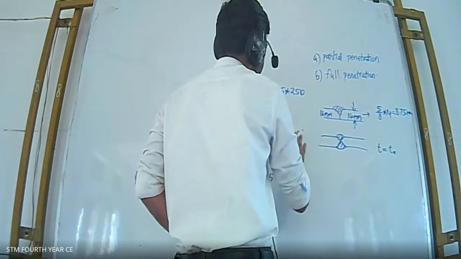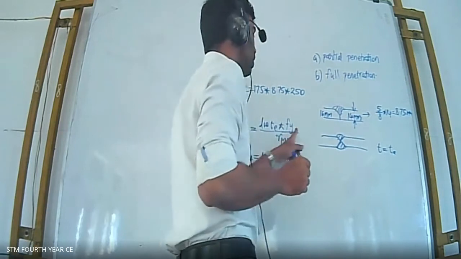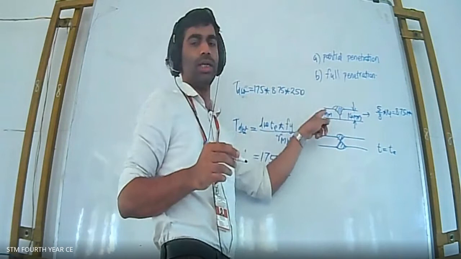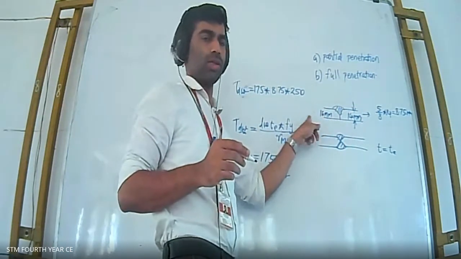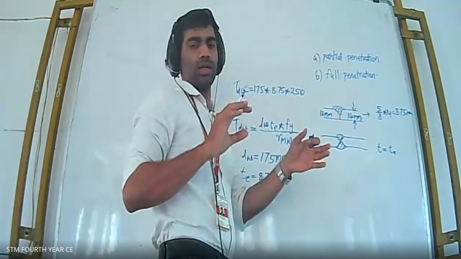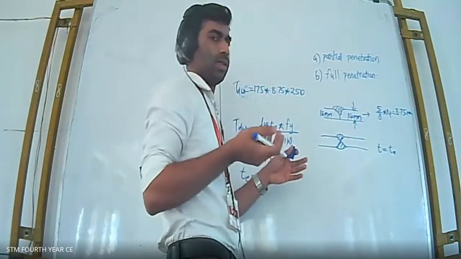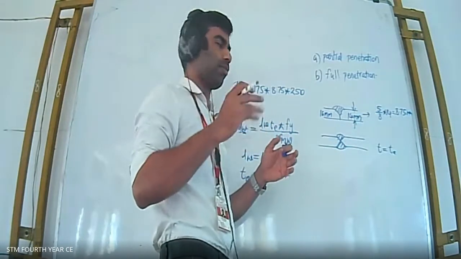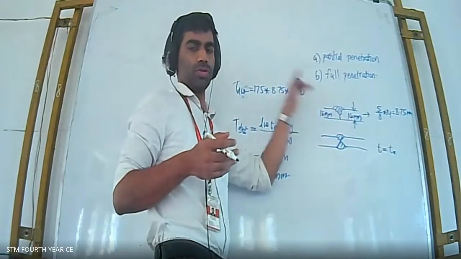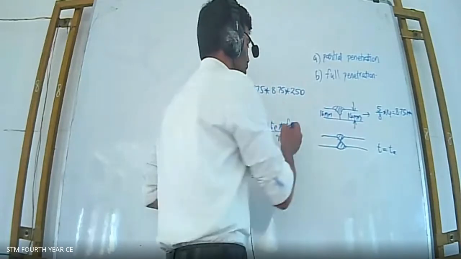So the yield strength is what we are taking here. It's not the ultimate strength, it's the yield strength. Whenever the plate shows yielding, it will get broken. In the case of welding, you should always take the Fy value, because once it gets yielded, then definitely it will fail. It will not stay there for rupture. Whenever it's getting yielded, we assume it to be failed. So throughout welding, you have to follow the Fy value, the yield strength. That you have to remember.